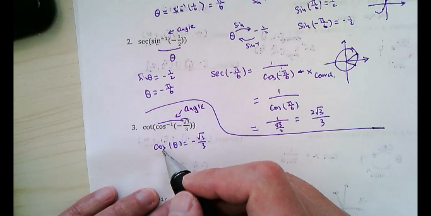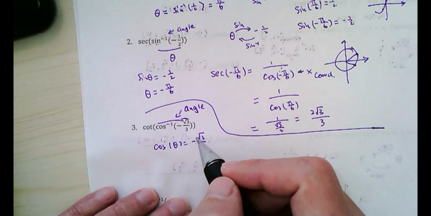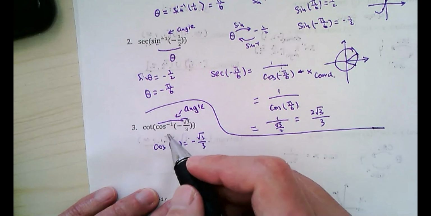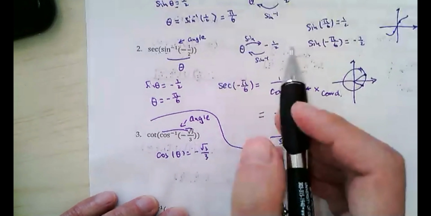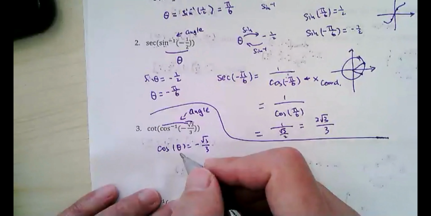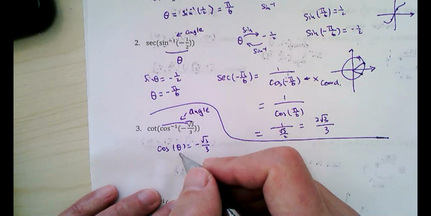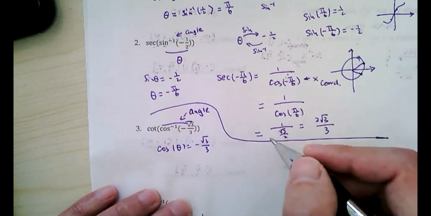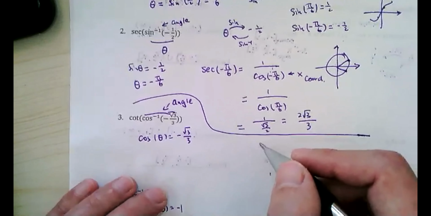And this angle, let's say, is theta. So cosine theta is negative square root of 3 over 3. Just like what we drew here. So what is theta? Cosine theta is negative square root of 3 over 3. We don't know what it is. But